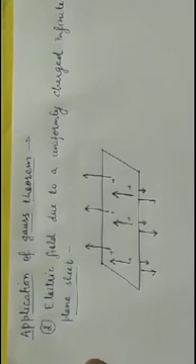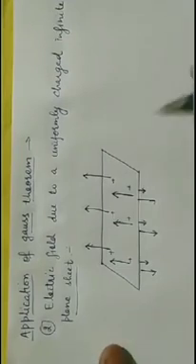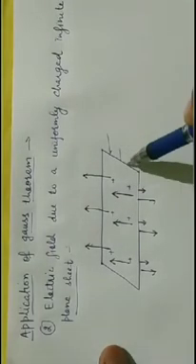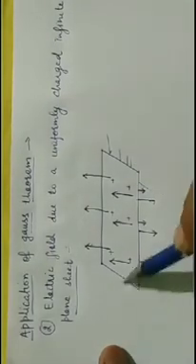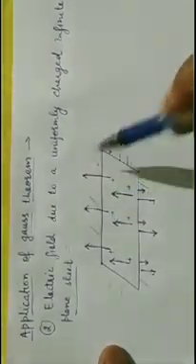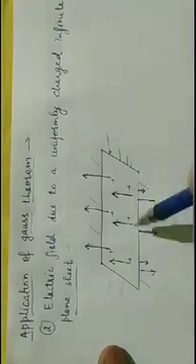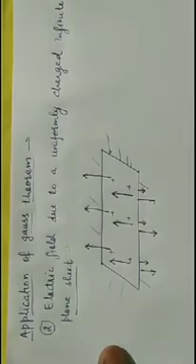In this video, we will discuss the second application of Gauss theorem, that is, the electric field due to a uniformly charged infinite plane sheet. Let us first discuss the direction of electric field lines. Here I took an infinite plane sheet which extends in all directions, and the positive charge is uniformly distributed over this sheet.